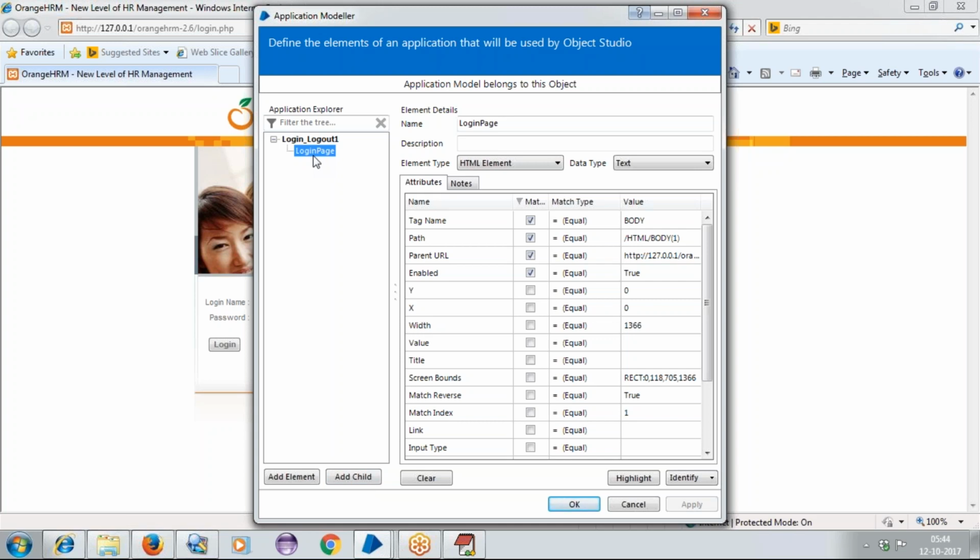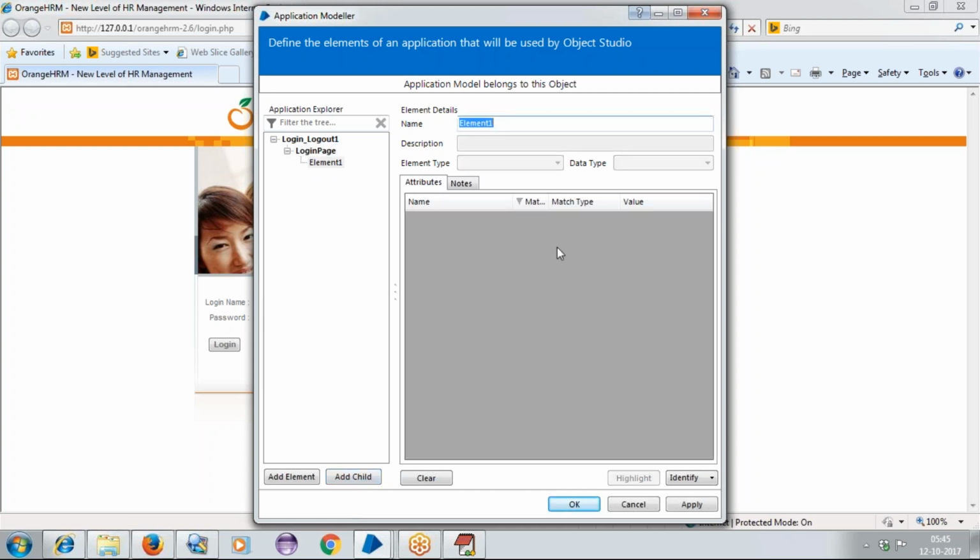Whenever we are working on it, we need to follow particular standards here. We call them BP standards. Whenever we are developing any kind of objects, we need to follow particular standards, because for now I'm taking only the login page and logout page, very small objects. Going forward, when you automate more test cases, we will have many more objects, so they need to be maintained in a very proper manner to be understood by each and every person here. Now I'll take add child.